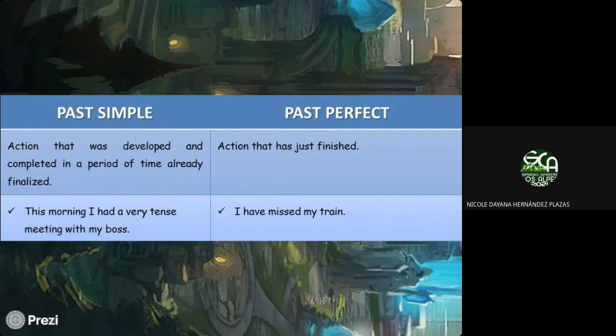Yeah, like I just finished my homework like 2 seconds ago. Something like that. Can you see? Okay, let's continue. Almost finished, almost finished. Vamos a acabar, ya vamos a acabar. So,